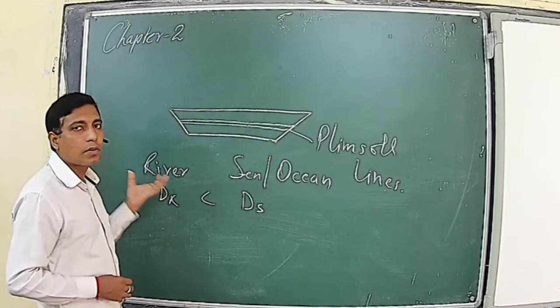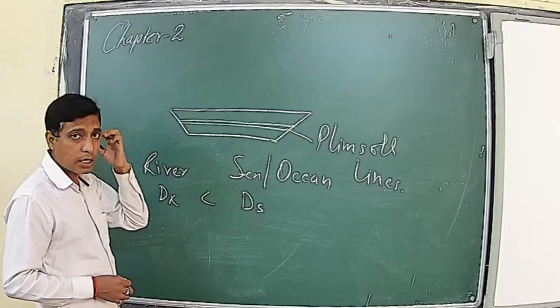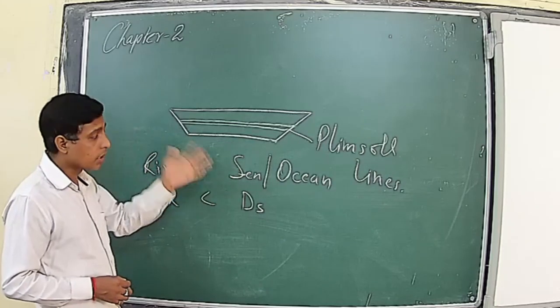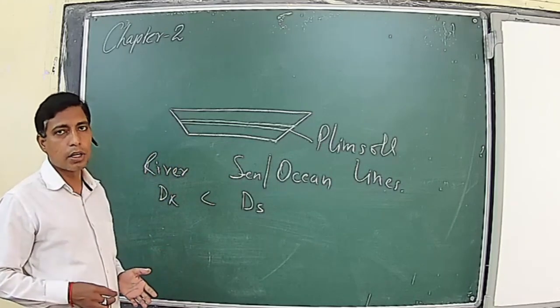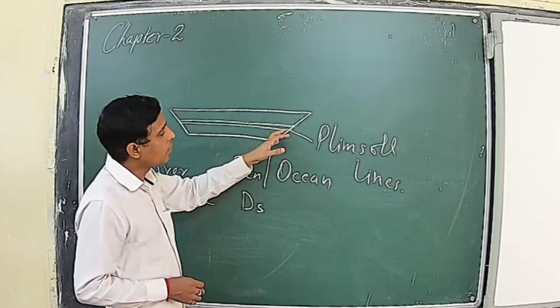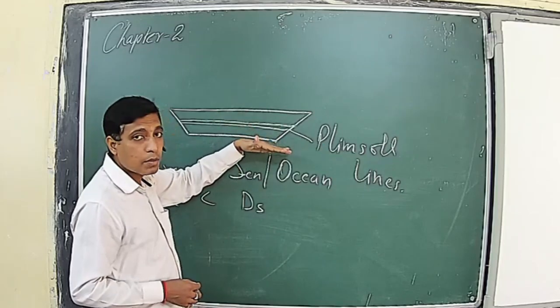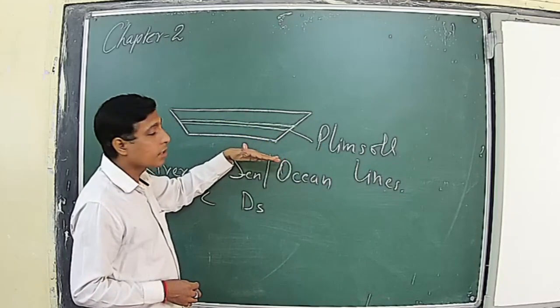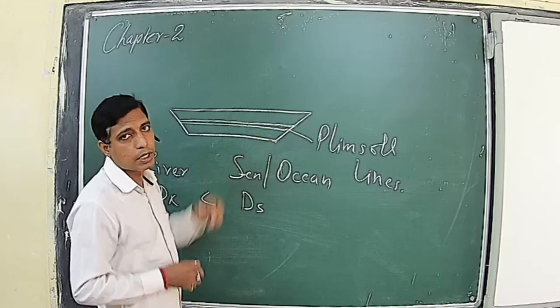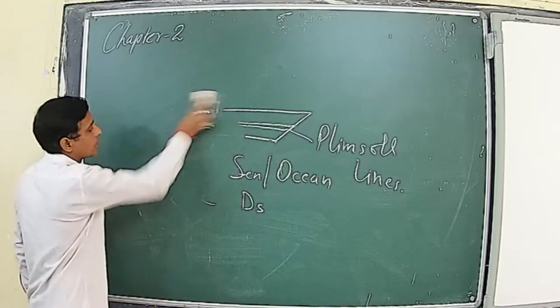So this is one of the important applications of knowing the density and the condition of flotation and sinking depending upon the density of the liquid. The Plimsoll line is the marking done on the outer surface of the ship to indicate up to what depth a ship can be loaded, so that we can avoid the risk of sinking. So it's a safety measure, you can say.